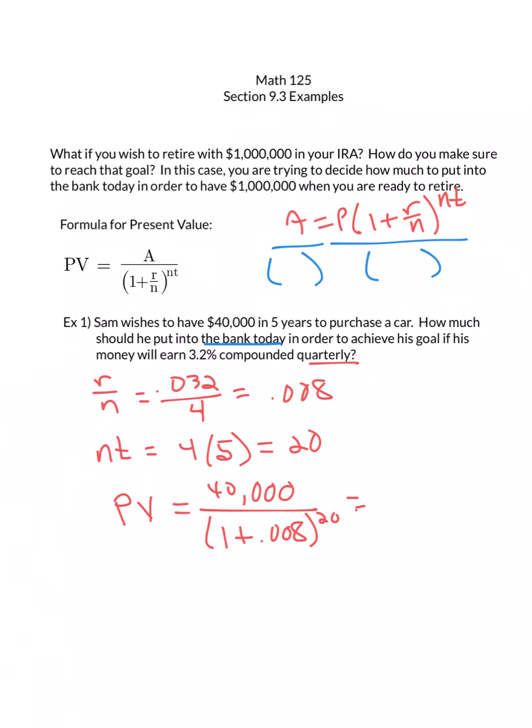So doing that addition, we will have 40,000 over 1.008 to the 20. Put this into your calculator exactly the way it's written. Put in the top, hit your divided by key, and then put in the 1.008 raised to the 20. You should be getting